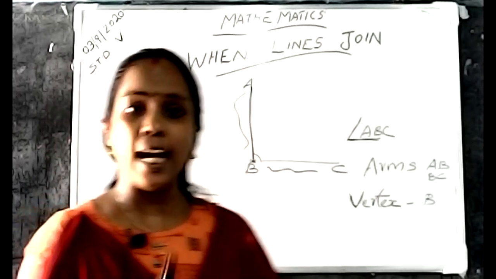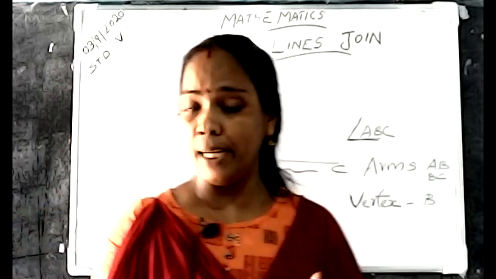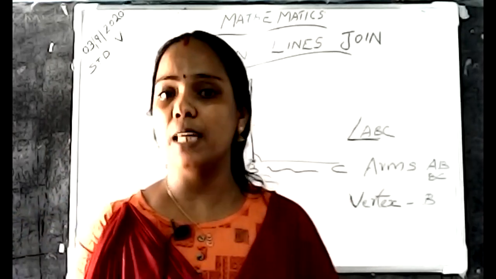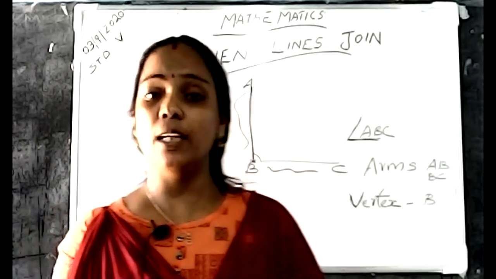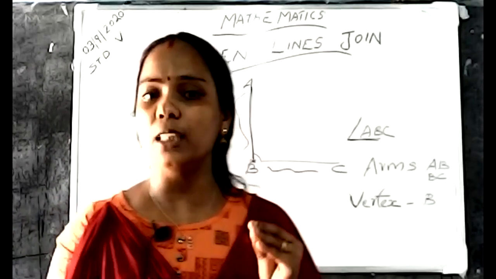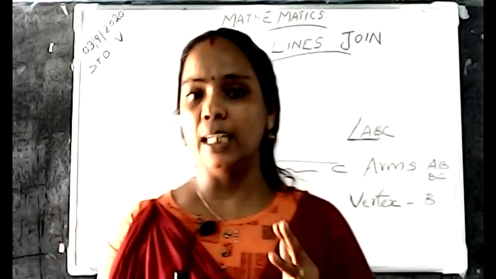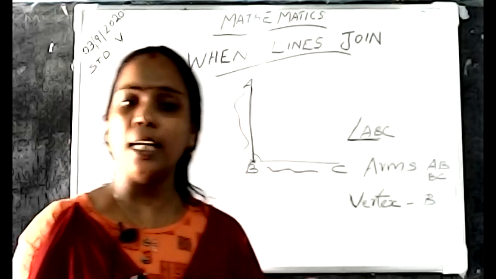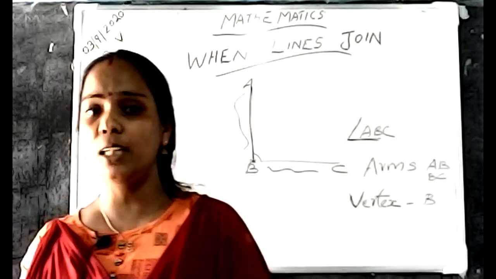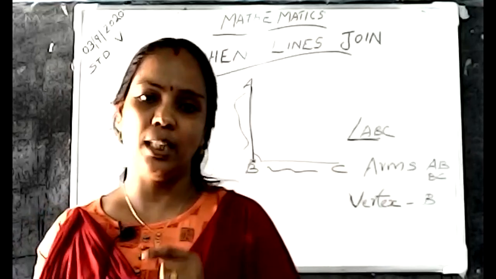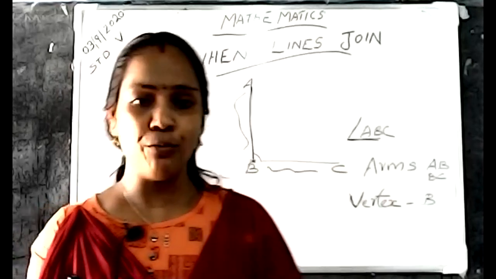Now you study angle. What is an angle? What are the main parts of an angle? Arms and vertex. Next one, different types of angle. Very important, three types of angle. Which are the three types? Right angle, 90 degree angle. Below 90 degrees is called an acute angle. Above 90 degrees is called an obtuse angle. These are the main three types of angle.